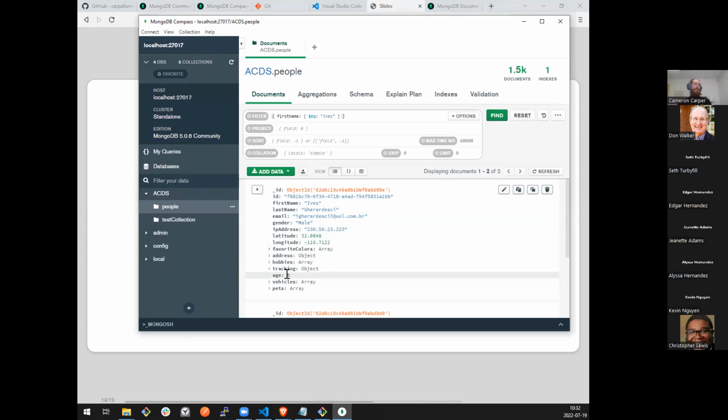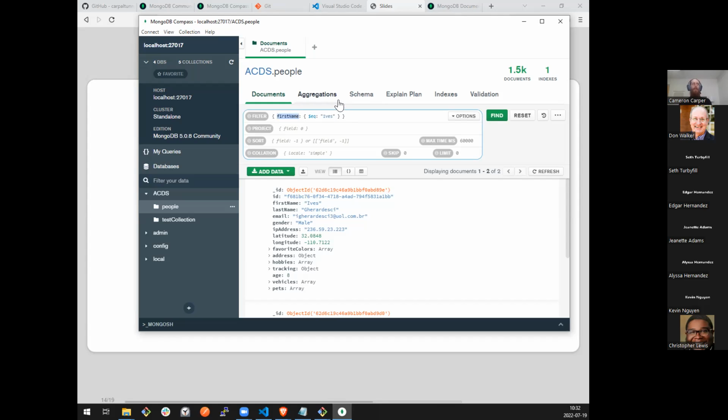Let's use age. So I've got an age field that is just a number. What if I want to find all documents where the person's age is greater than 30? Since our query type is going to be very similar, I'm not going to erase this and rewrite it. I'm just going to switch up the properties and operators.